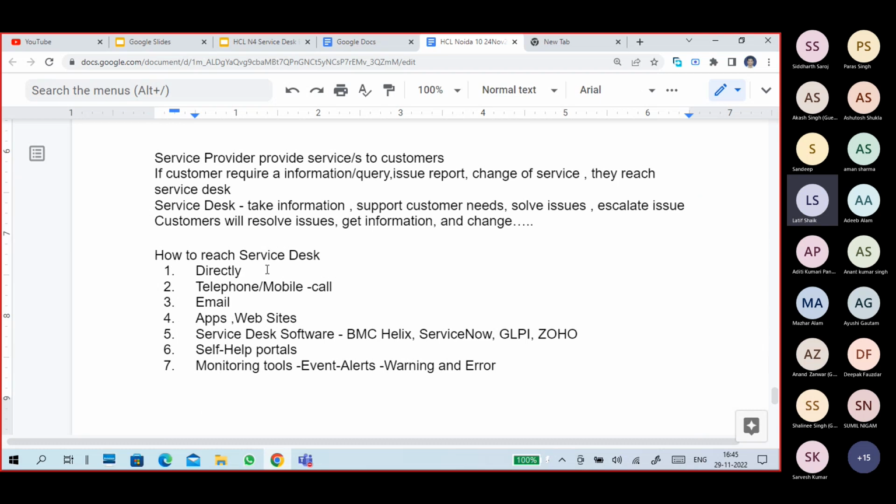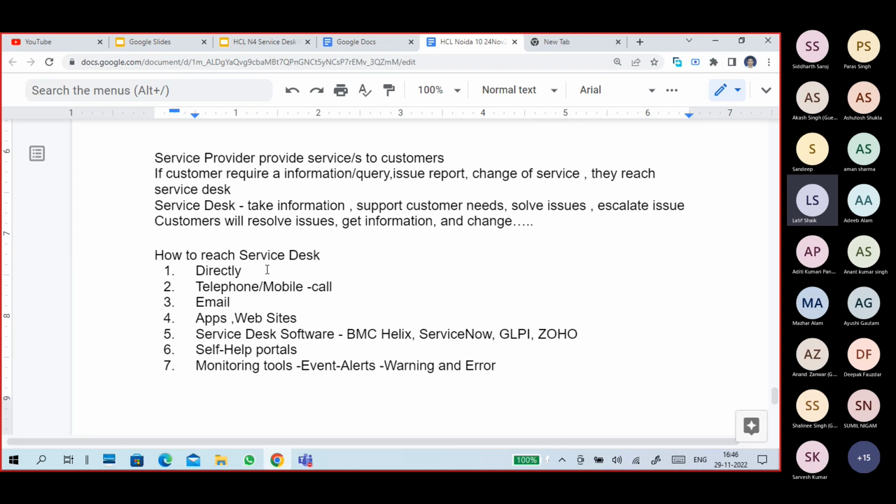He and the service desk people are on the same floor, so he can go directly and say, I am getting this issue. For example, you want printer access, or you are unable to connect to Wi-Fi. Then you can directly approach. Some people will approach by telephone or mobile phone, means a phone call, or by mail communication.